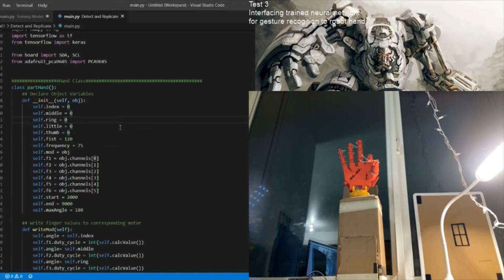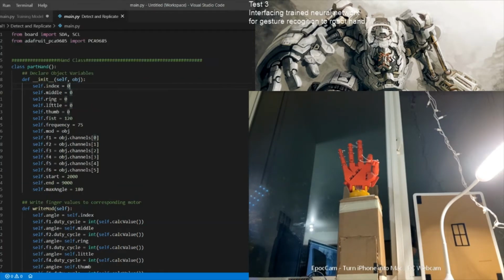So I've created a class here which will be used for controlling the motor. Once the class is initialized, there is this set of variables. There are variables for each different finger: index, middle, ring, thumb, little, or fist. These variables will have values ranging from 0 to 180, the degrees we want to give it.